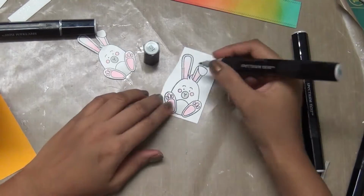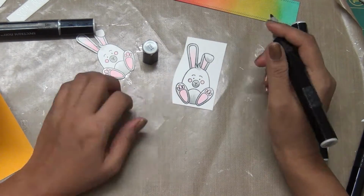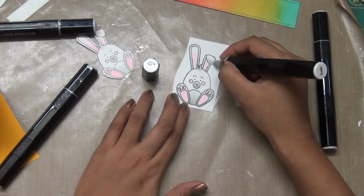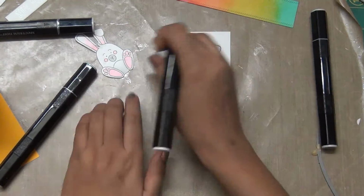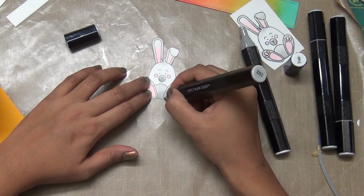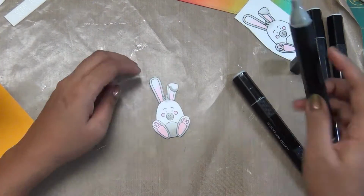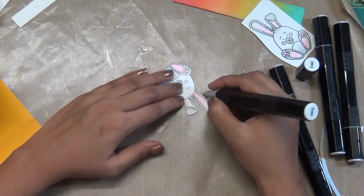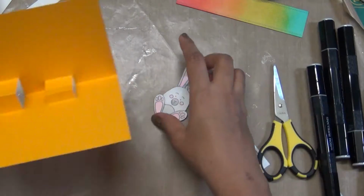Then after coloring them I just fuzzy cut them out. These images are quite big, so easy to color and easy to cut. Nothing fancy you have to do. You can add the shimmer at the end if you want to. I think I didn't do that here, and I just put them aside for a little bit for drying, and I'm here using the colorless blender to get more dimension and blend those colors all together. Whenever I'm coloring I sometimes skip that process, so sometimes there's nothing much to talk about, but by observing you can see how I'm coloring, maybe it helps you. Now I'll just cut out those bunnies,